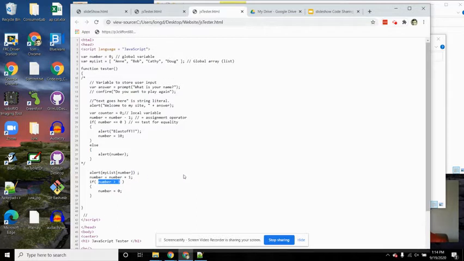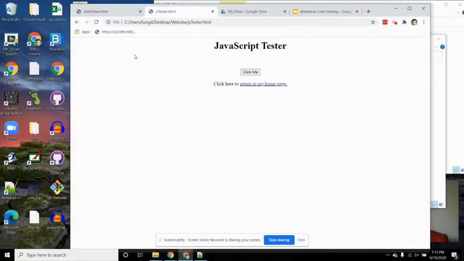So if I'm now outside of that, if I've incremented number so many times, it's off the edge of the end of the array, I'm going to reset number back to 0. So if I keep doing it, I never get undefined. What I'm going to get instead is it's going to go all the way up through Doug, and then after Doug, if I click it up a fifth time, it's going to cycle back and it's going to display Ann. So that was the code that we did, and now what we're going to do is